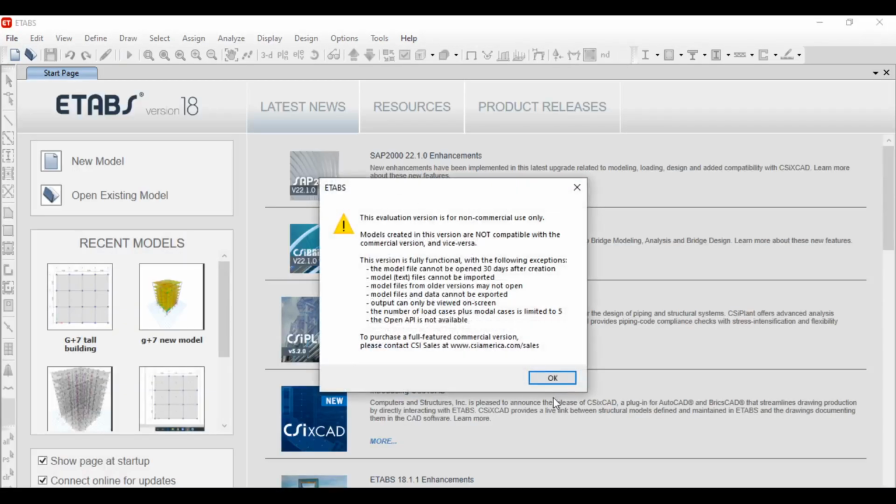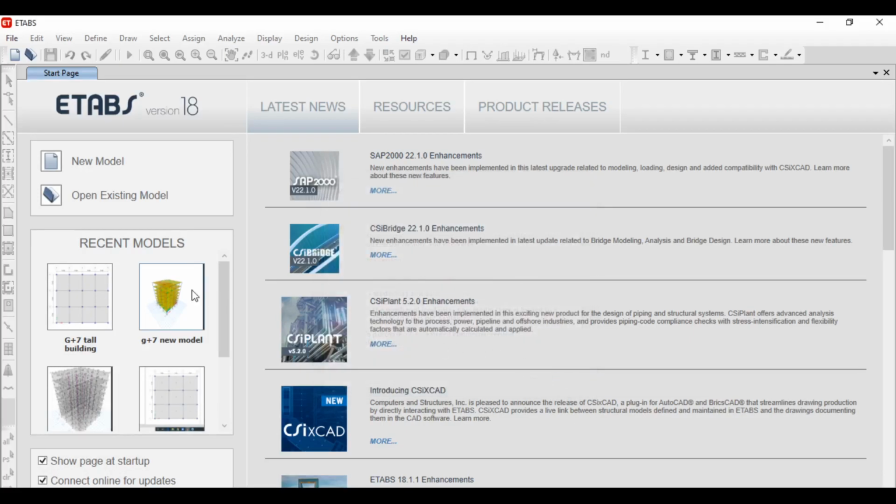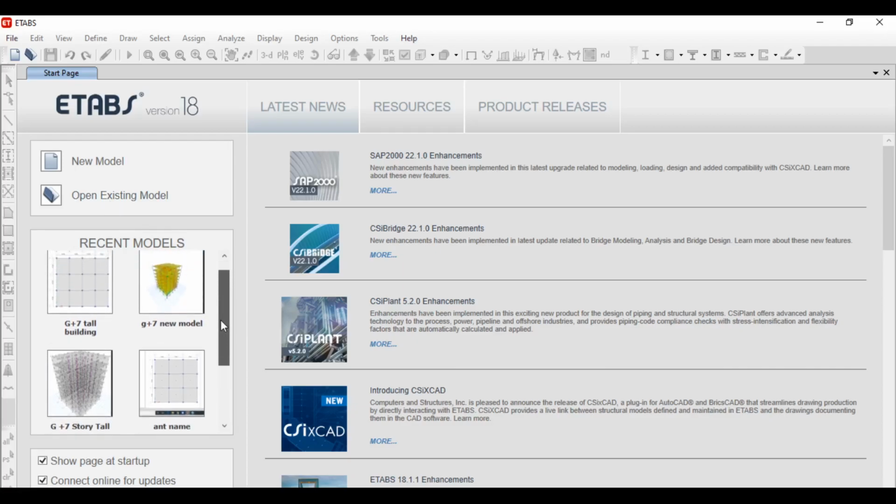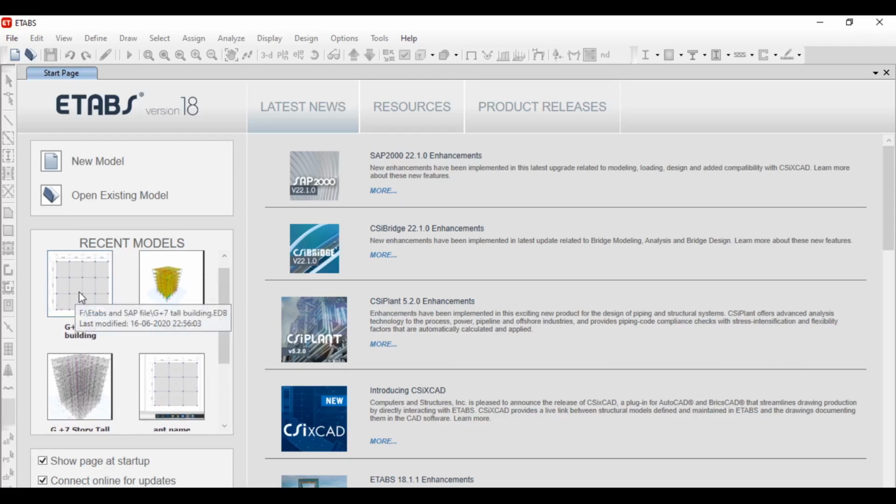Now here the software asks whether to open a new model or open an existing model. So use open existing model, that I have saved previously, the G+7 tall building.